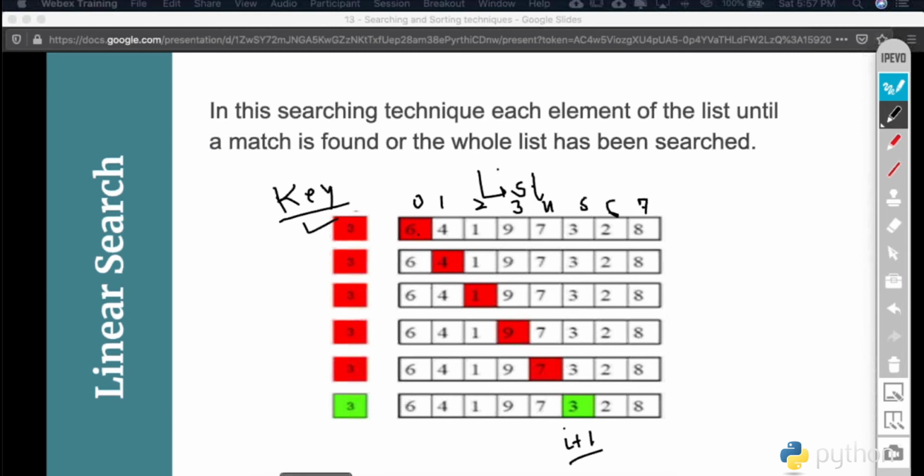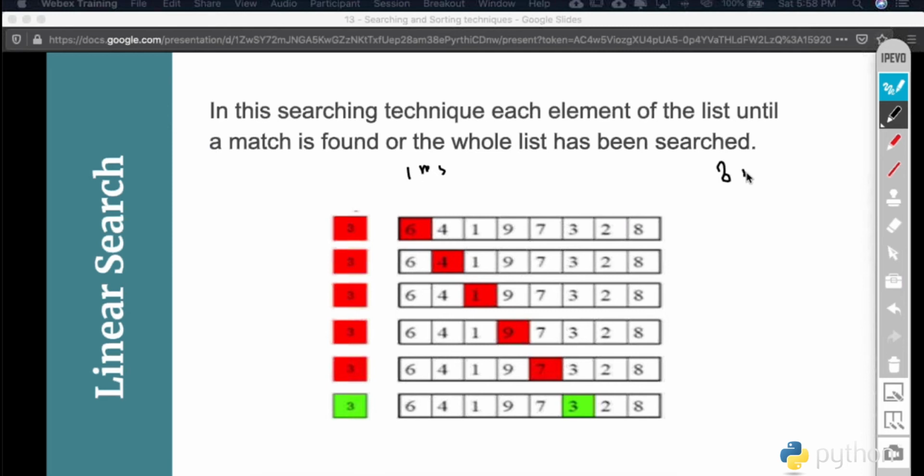Now, let's suppose one particular comparison operation takes 1 millisecond. As you can see, this particular list comprises 8 elements. So the maximum time that the algorithm will run is at most 8 milliseconds, if we discard all other overhead associated with this procedure. So why do we call it linear?